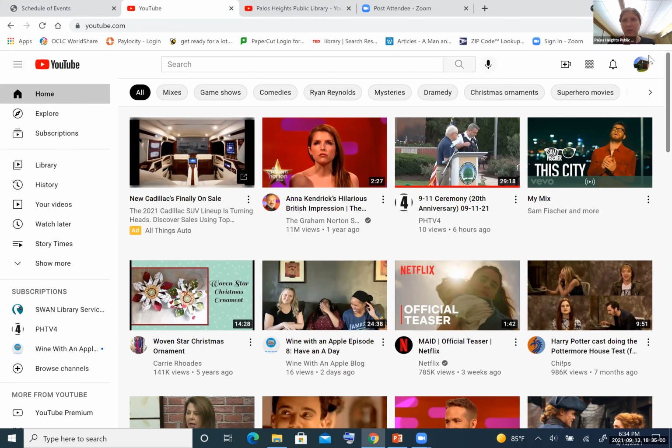The library has a little picture of the library, but otherwise you'll probably have either your first initial there, or if you have a picture on your Gmail account, that is the picture that shows up there. Otherwise, if you're not signed in, it will just say sign in in the upper right, and you would just click on it and sign in to your Gmail, and then you'd be automatically signed in.